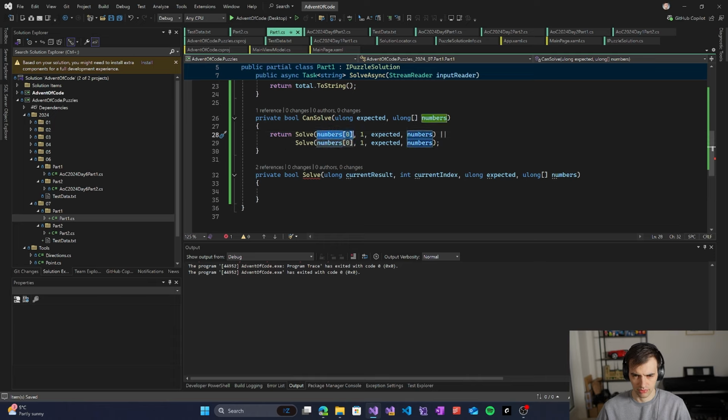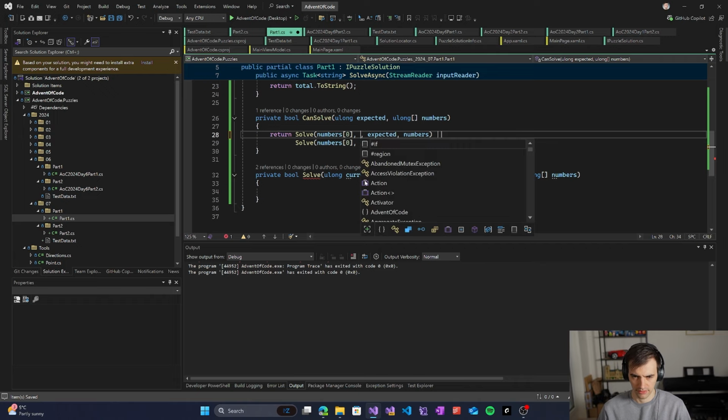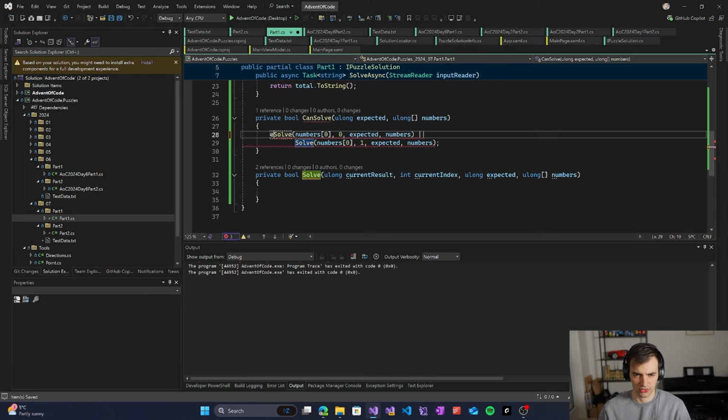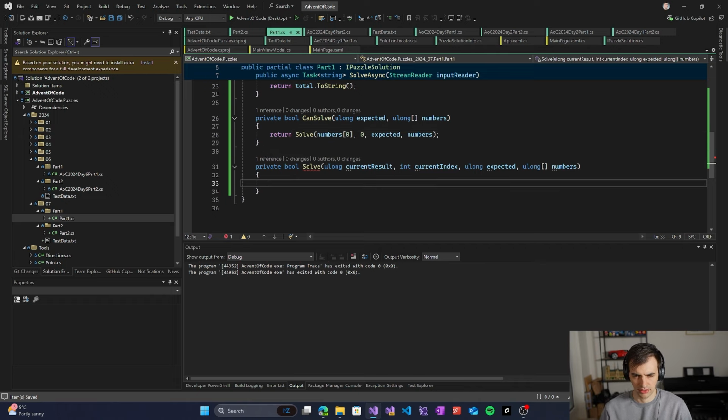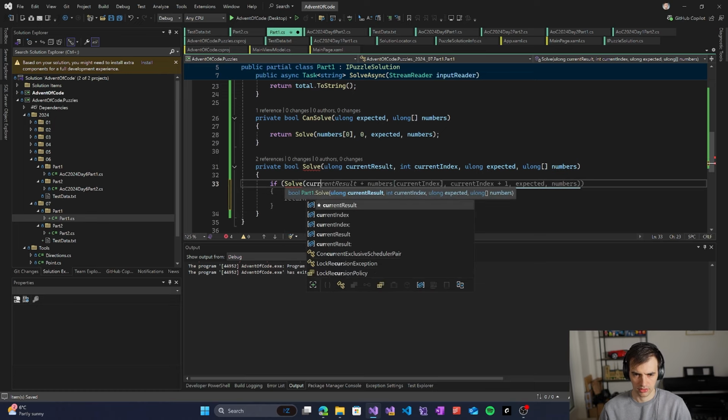So we have the first number initially, something like this, and now we will have to do something like this. We are on a specific index, currently 0, and the next number we can multiply or add up. So if solve current in